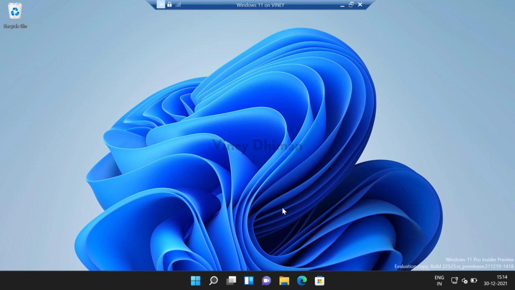Now this time when you log into your computer, this will exit the clean boot state in Windows 11 PC.